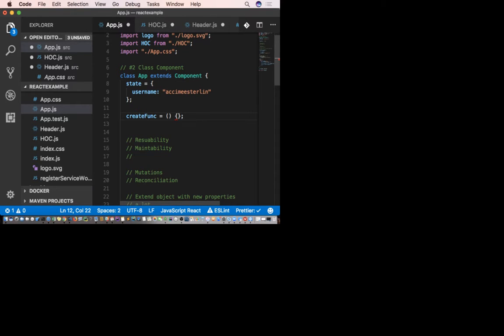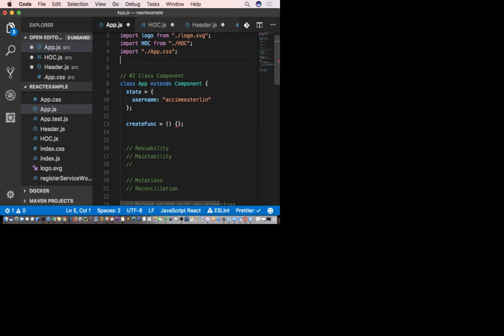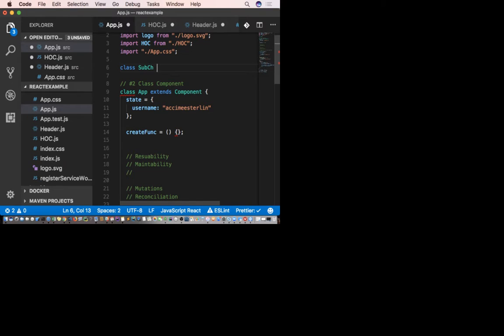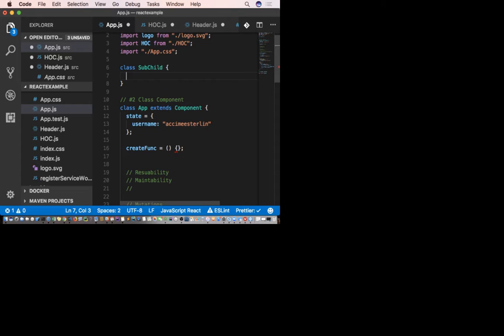Let me do an example. We're talking more about, sorry man, the understanding is not quite good. So you were talking about creating something here, putting all your functions here, and then extending the app with it, right? So the next line would be class app extends subchild. Exactly. In fact, class subchild extends component, and class app extends subchild.